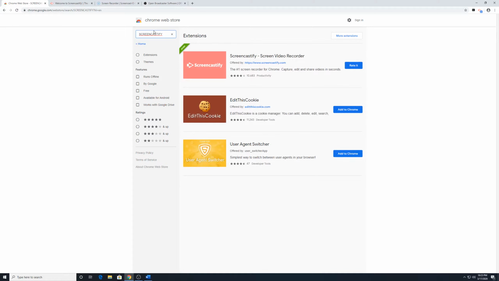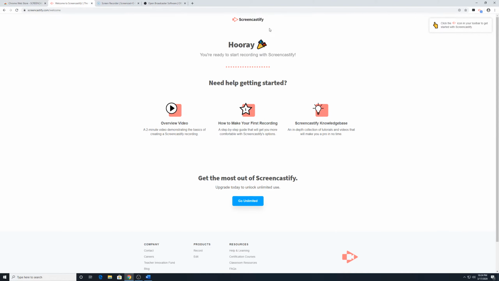Screencastify. I already have it installed on here, but you can see where it says Screencastify Screen Video Recorder, 4 stars, not bad. And when you click on the installation of that, or you browse through it, this is the screen that opens up, and it's real easy to follow. So this is when you just install it. Need help getting started, it's real easy. They have some tutorials on there to help you with it, and then all you have to do is go up here at the top to your